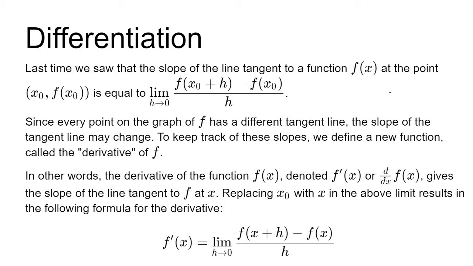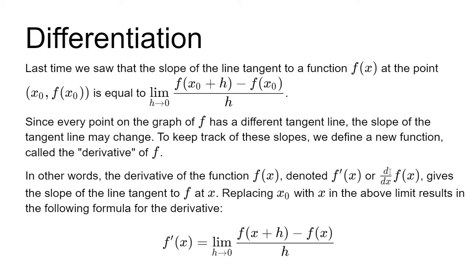Unless the function is itself a straight line, this slope of a tangent line is going to be different for different points on the curve. So we want to keep track of all those different slopes, and so we're going to define a new function. This new function is called the derivative of f. So in other words, if we have a function f, the derivative of the function is denoted one of two ways, either f prime, this guy right here, f prime of x, is the derivative of f at x,